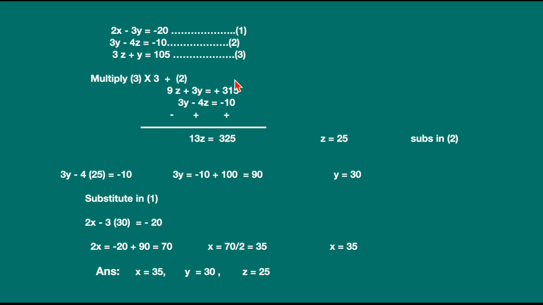Now you can substitute in any one of these equations. You will get the value of y, and then you have y and z. You can substitute here to get the value of x. So x is equal to 35. So the answer is x is equal to 35, y is equal to 30, z is equal to 25. So here comes the end of the first